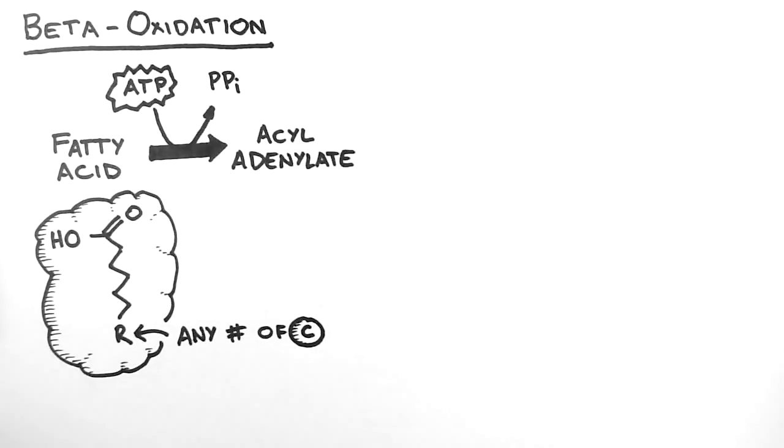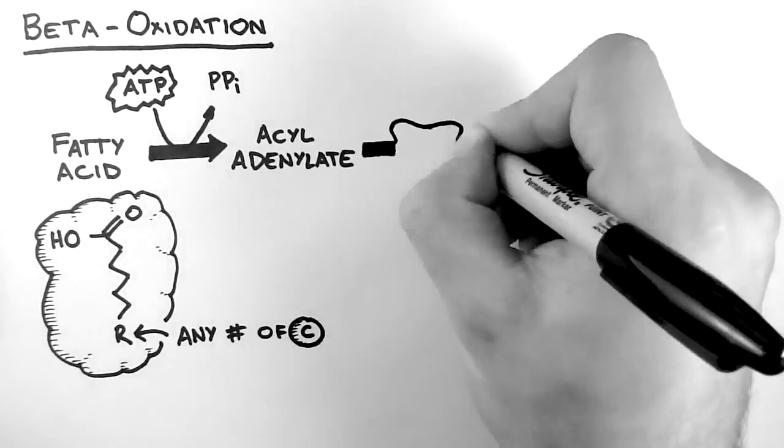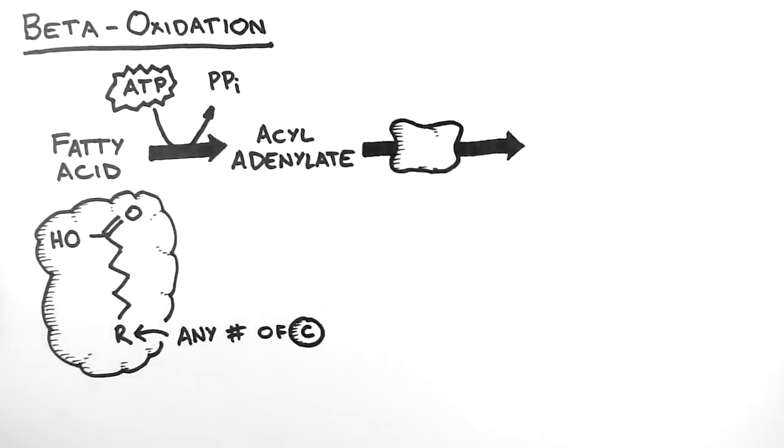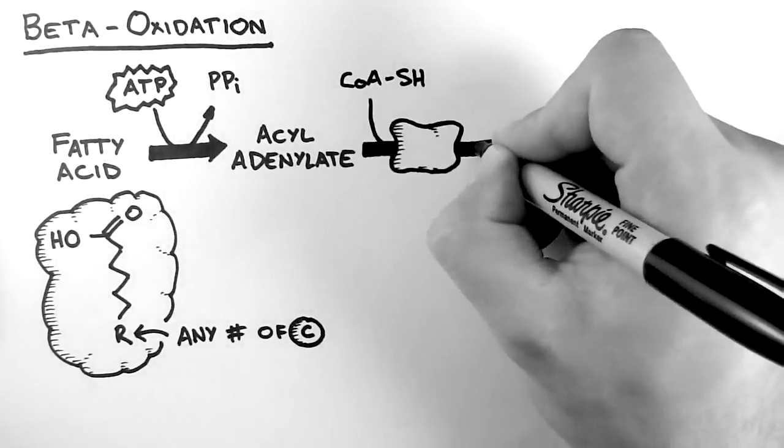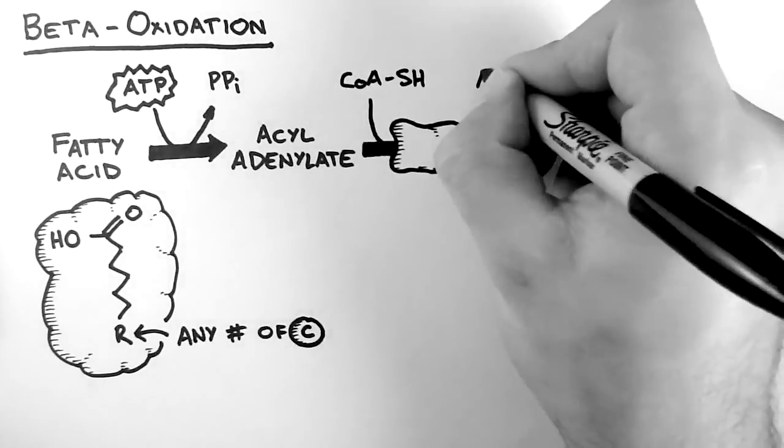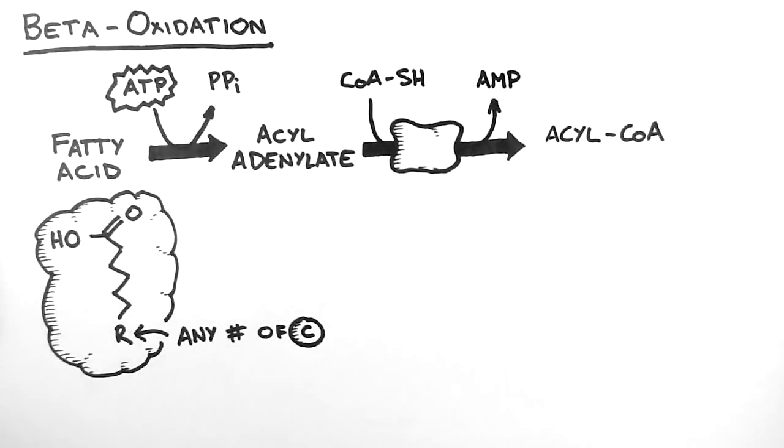Using the high-energy ATP in this process charges up the molecule for its next transformation. With the help from an enzyme, this molecule now becomes an acyl-CoA. Coenzyme A is required for this reaction, and it replaces the adenylate, which now gets kicked out. The enzyme that orchestrates all this is